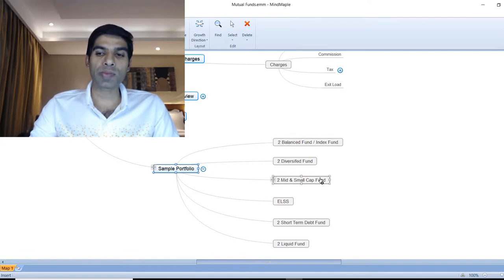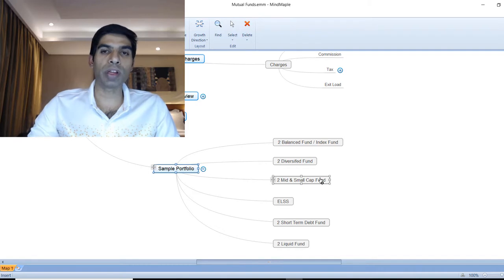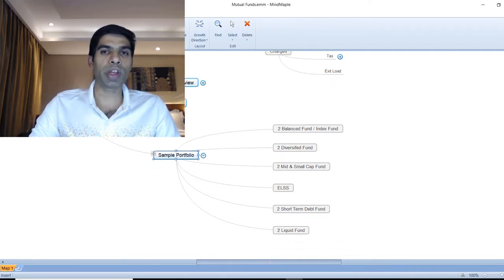The second investment would be a short-term investment, rather I'll say a medium-term investment, which is anywhere between 1 to 3 years. Here you can have two short-term funds. Don't have to do anything fancy, right? Just look for a short-term debt fund or short-term bond fund. They're both the same, right? Don't look for something fancy, which is trying to predict whether the interest rate is going up or down. Just two short-term debt funds should be enough.